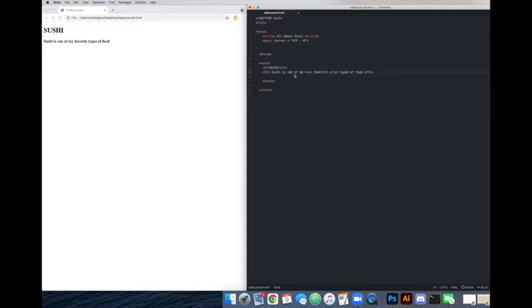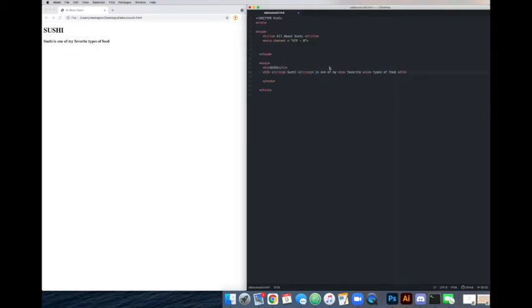And let's say if we want to make this word over here, sushi, bold, so the audience knows that, hey, this website is about sushi, then I would do pretty similar to what I've done with the EM tags, but instead of EM, I would use strong. So in front of the word sushi, I'll put the opening tag of strong, which is open angle bracket, the word strong, and then the close angle bracket. And after sushi, I'll put the closing strong